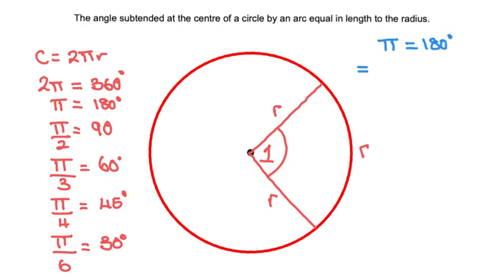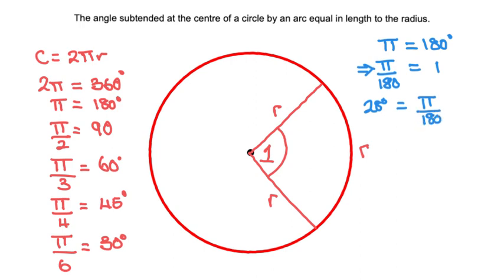Therefore, 1 degree is equal to pi over 180 radians. So if I want to work out 28 degrees, well, 28 degrees is equal to pi over 180, because that's equal to 1 degree,